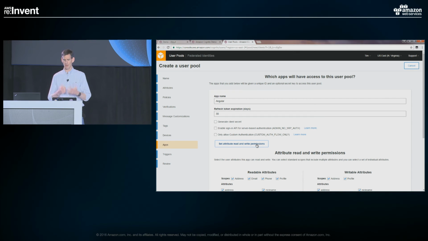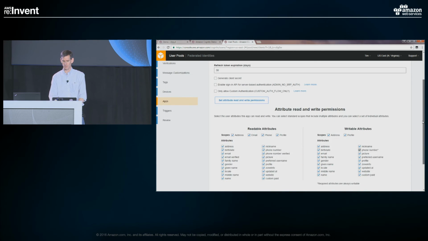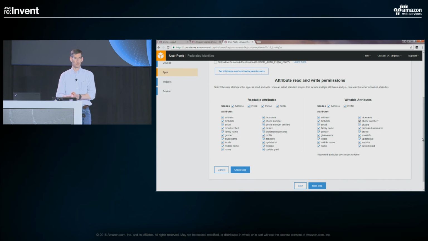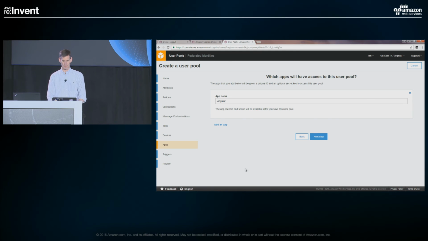And then I also want to point out the ability to control the permissions of the attributes. So I showed you all those attributes before. You get the ability for each of your apps to control what access they have to those attributes. They all start as checked so they could be read or written to. But say in this example where I've decided I'm using a custom app to determine who's been a paid user, I don't want the user themselves, say if they're updating their profile, to say, hey, I've paid. That's something you'd want to do from the back end. You'd want to control that maybe after a transaction. So I'm going to make that one not writable in this example. So I could create my app.